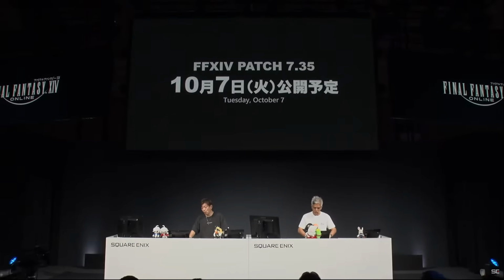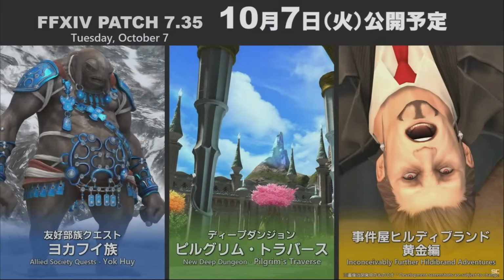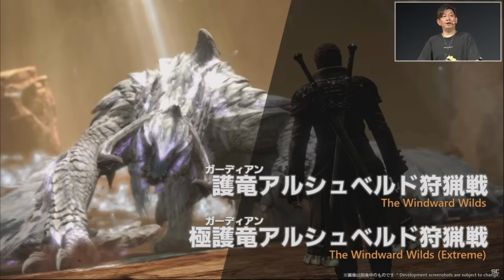and pivotal point in the game, including, obviously, Pilgrim's Traverse, which is the new deep dungeon with its scaling tech. We've got the Yok-Hoi Allied Society quest, we've got Hildebrand, and now we also have the brand new Monster Hunter Wilds collaboration, the Windward Wilds and the Windward Wilds Extreme, which is the harder version of that in